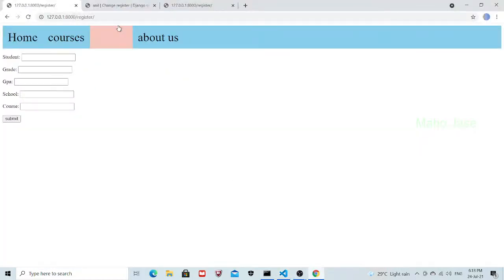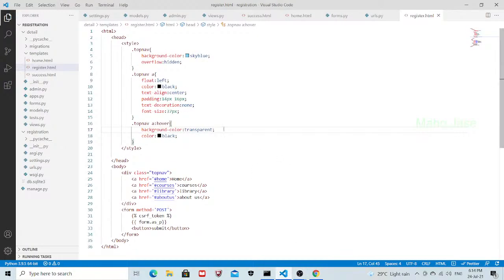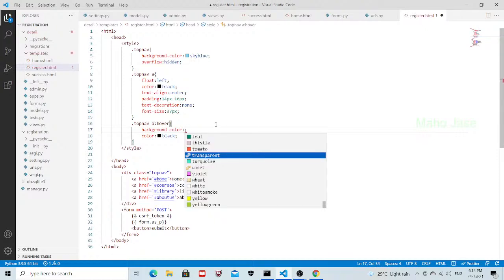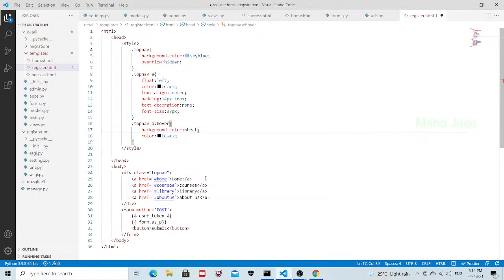If I click on refresh, now you can see, but you're not able to see the transparent colors. So again we'll go here and change it to some different color. Okay, I would go with the wheat color. Control save, and now we can see